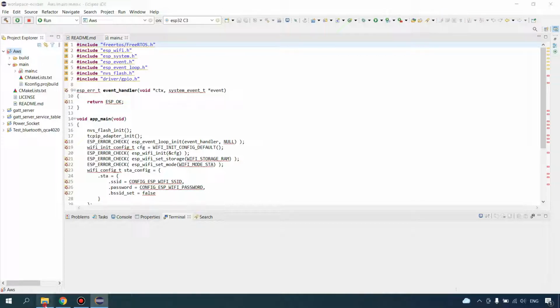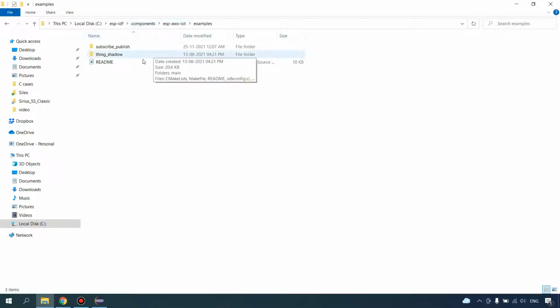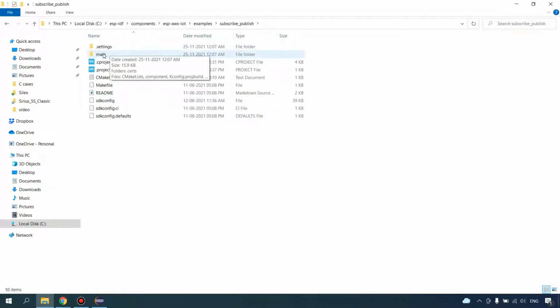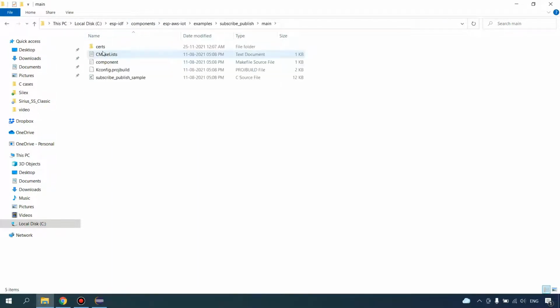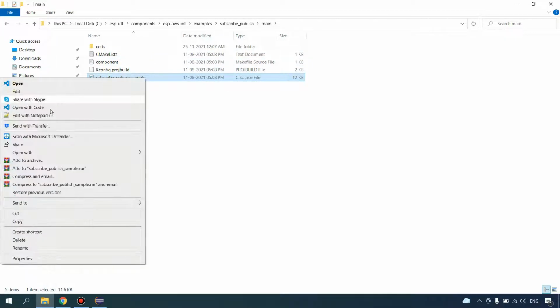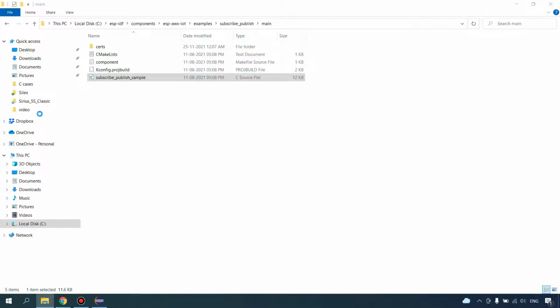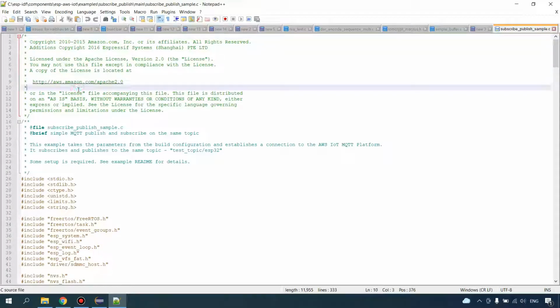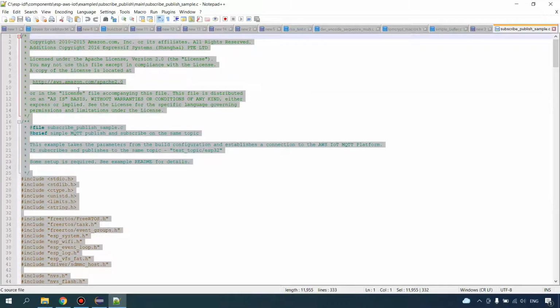Now let's go to the example project that is given by the AWS IoT SDK. Publish, subscribe, main. This is the main file, we'll just open it in Notepad. Copy all the stuff here, Control A, copy.